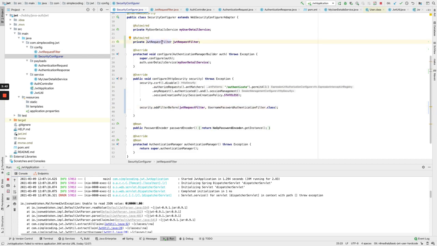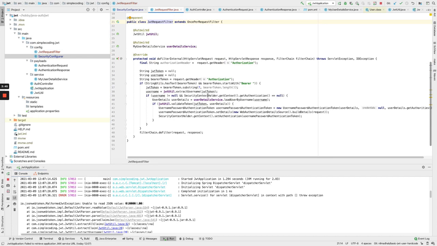If you go to this filter file, here what I am doing is getting the token in the request header, and from that I am extracting the token. At first we got the bearer token, and then we have removed the bearer part from the token.